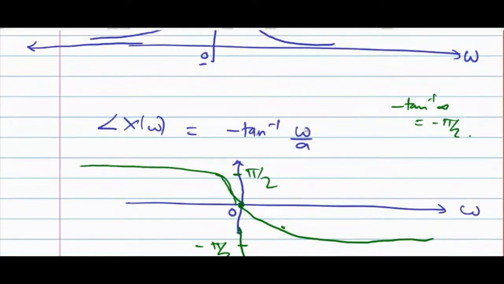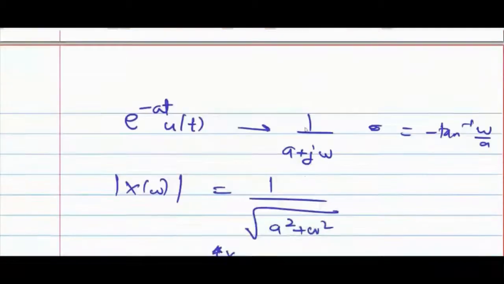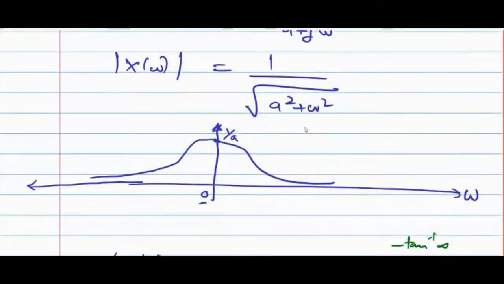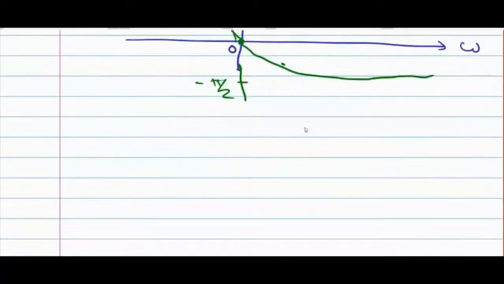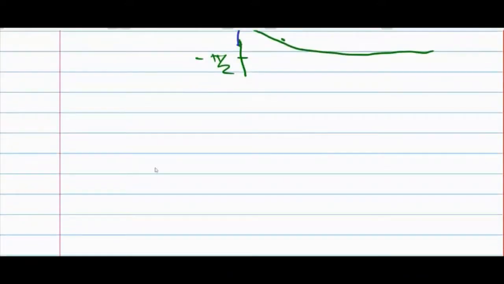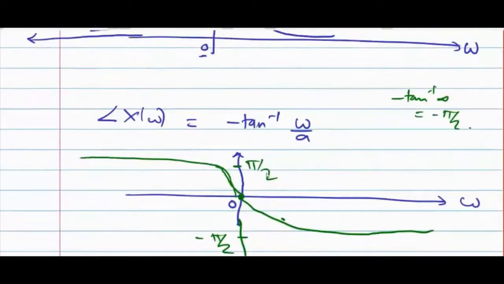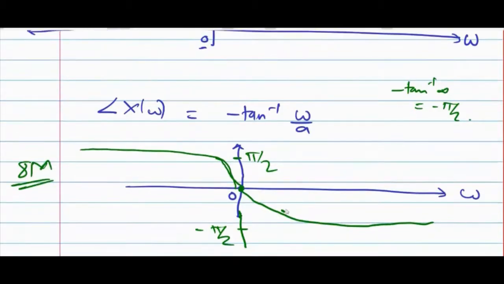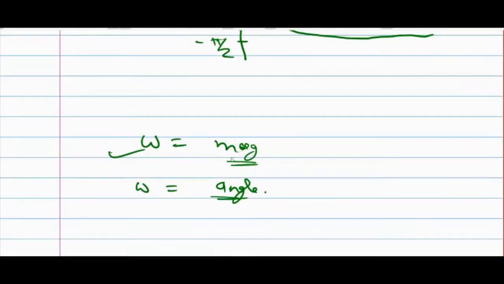For you people, the question will be what will be the magnitude at a particular omega, and what will be the angle at a particular omega. So you should be able to calculate it. These types of questions you should be able to solve. We are not expecting that you should plot a complete frequency response, because plotting a complete spectrum itself is an 8-mark question. But for MCQ type, you should be able to calculate magnitude and angle at one particular frequency.